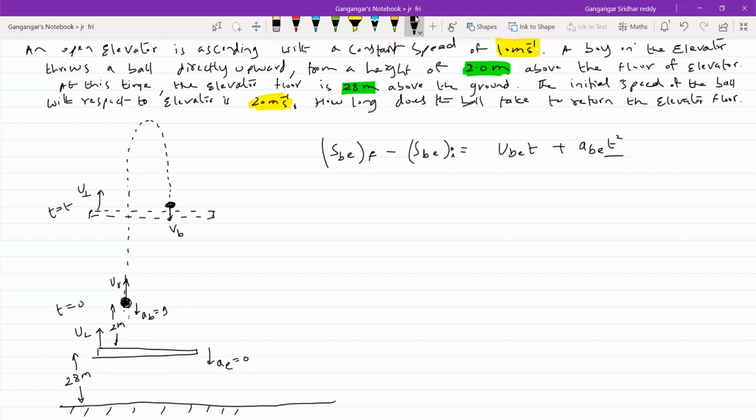I feel, students, this will be a very challenging topic. Not that it's difficult. It's all about the conventions and drawing the diagram. Best questions are available in this topic, where students' analytical power will be decided. So finally they'll meet here, separation 0. So here I'll take S equal to 0. If you want, you can take the ground as S equal to 0, then predict the position accordingly. It's your convenience. Let me take S equals 0, the initial position of the elevator.